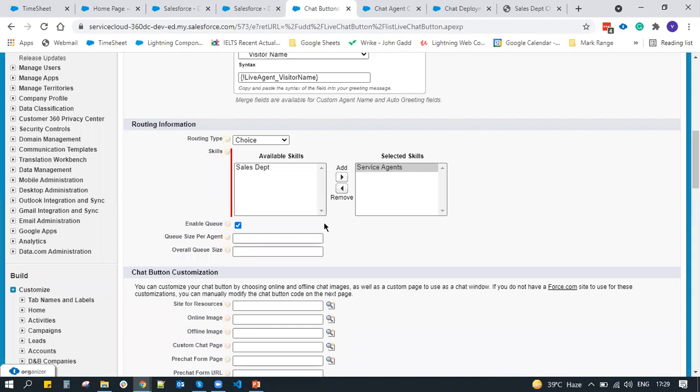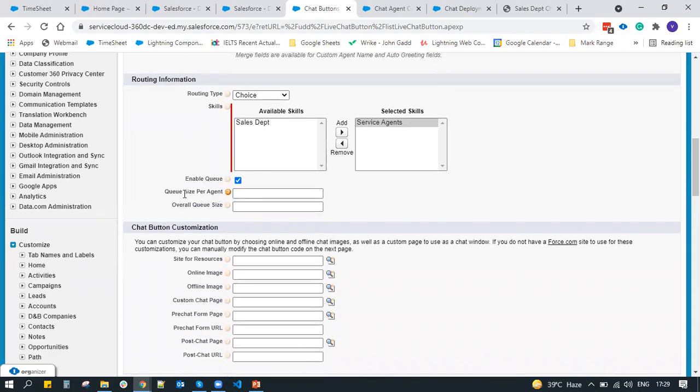There could be multiple customers waiting for the agent to respond. To hold those customers, we enable queue, and if you do not want that, it totally depends on you. What should be the queue size per agent? For example, if you want an agent to work on 3 chats at a time, you can give the size as per your requirement. I'm giving it as 3 right now.